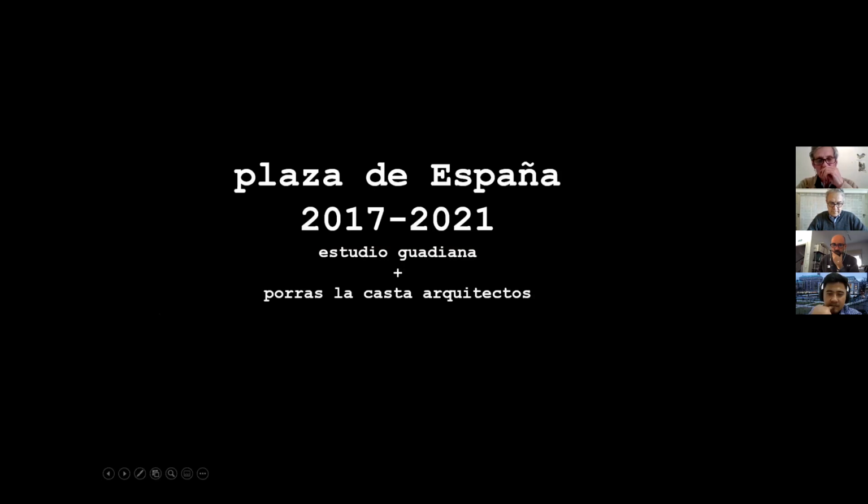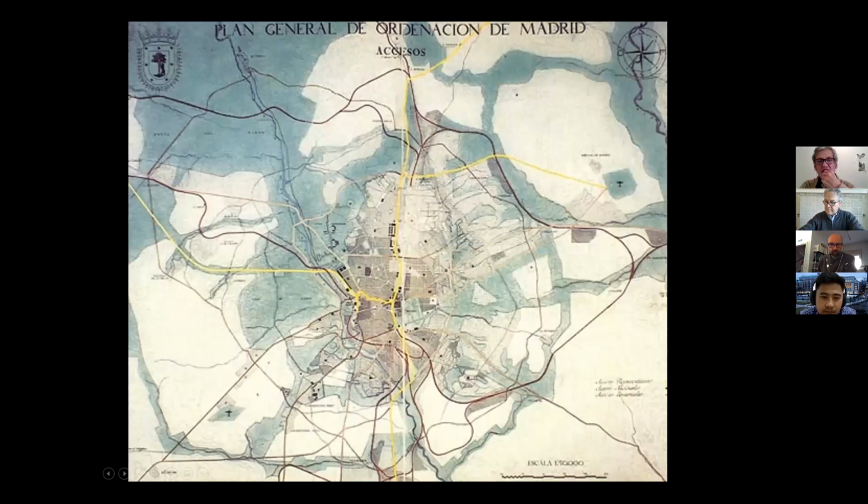And for us, there is a very strong relationship between the fabric of the city and the geology and the system of hydrological structures. So for us, Madrid is the result of mankind's action and the water action in the territory. This is the first master plan of Madrid in the middle of the 20th century.